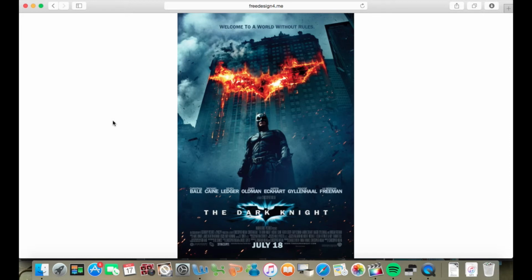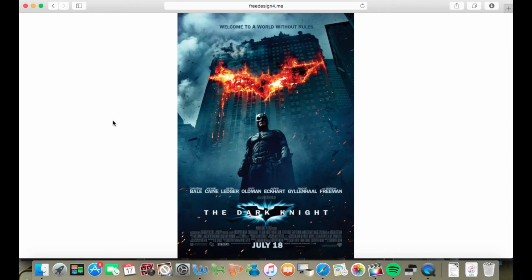And it's got a bit of writing on it. It's not completely simplistic. It's got a bit of detail on there, all the actors, the name of the film, when it comes out, and a tagline at the top which says "Welcome to a World Without Rules," which could lead on to what the film's about possibly, and give hints. This is quite similar to the other posters, for example Django, where they had the little tagline at the top as well.